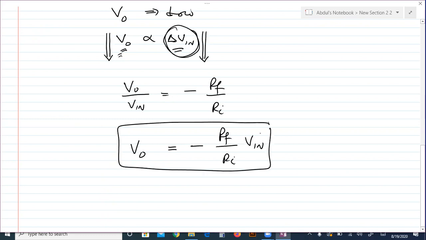Now suppose the input is constant, this resistor is constant, and this RF, mean feedback resistor, is replaced with LDR,